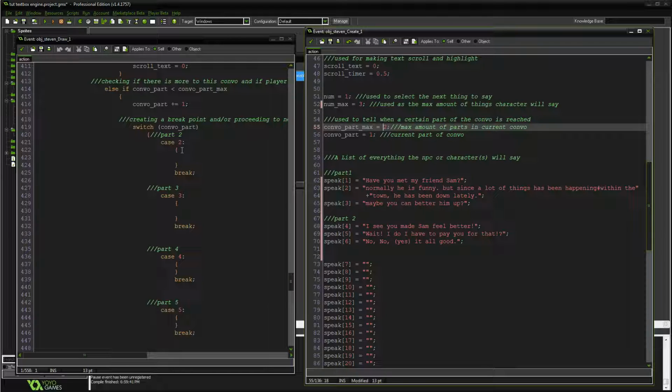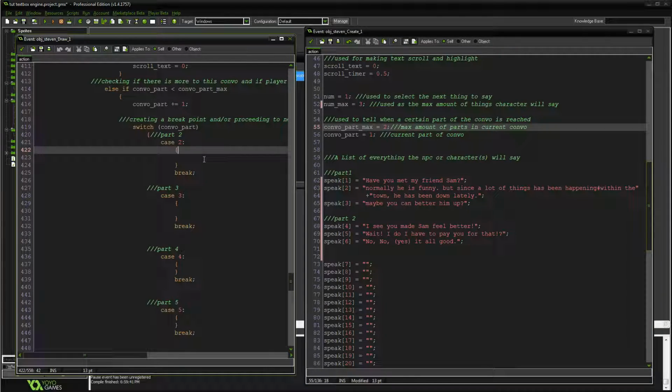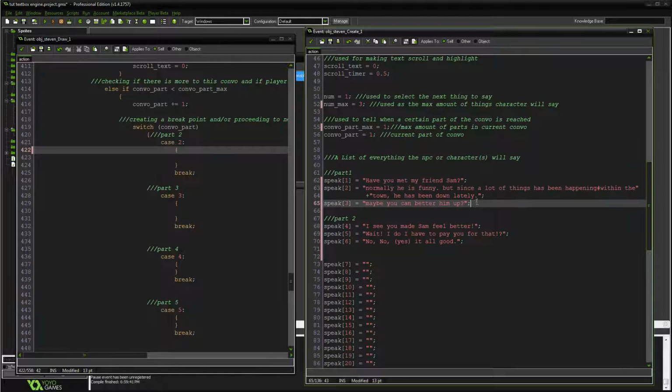So when it gets to here, we're going to do this. We're going to check if Sam, we actually don't really need to do it. There's a better way. Put that to 1. That will automatically keep looping part 1.